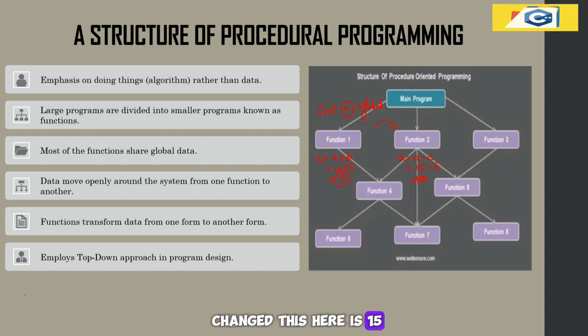Here it is 15, here it is 10. It's because we declared the variable a as global that the value changes as it moves from one function to another. Likewise, if I use this a for some operation, the value of a has now changed to 5.